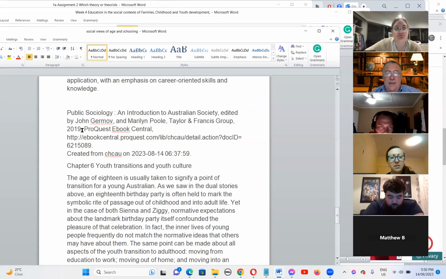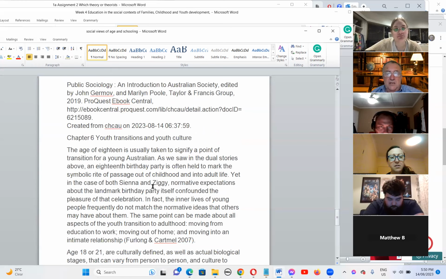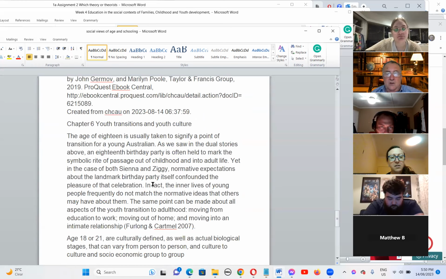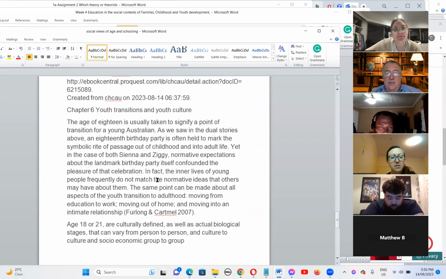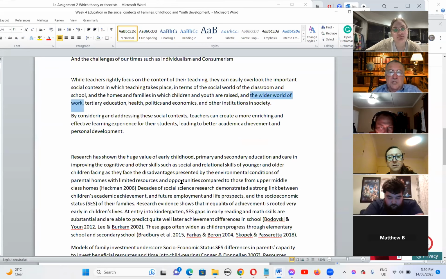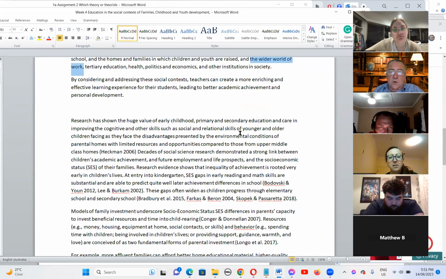And as you were reading in your public sociology by Germov and Paul textbook on youth transition and culture, there's quite a discussion there on the transitions that take place, and you can look at them a lot further. So we see that the home and the school are places where transitions are taking place.